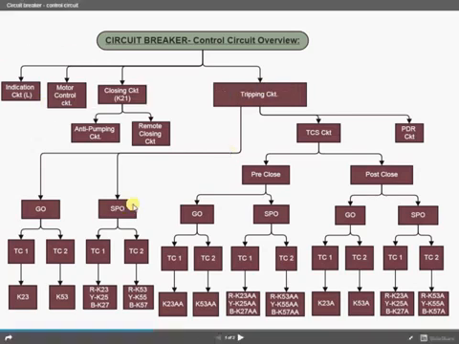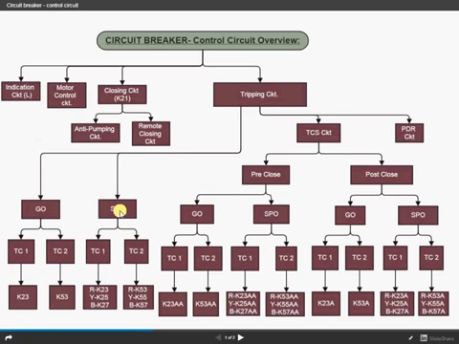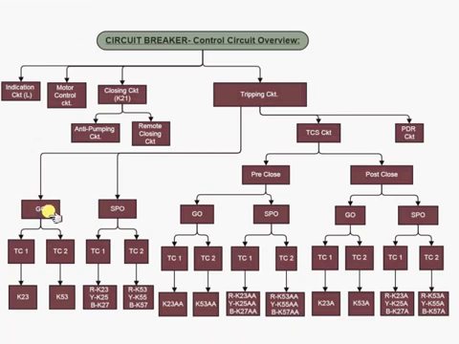In the tripping circuit, we will consider 2 types of breaker. One is the gang operated breaker and the other is the single pole operated breaker. In the gang operated breaker, only one tripping coil is used for all the 3 phases. Okay, so if it is trip coil 1, it is recognized by giving the ferrule K23. If it's trip coil 2, then ferrule K53 is given to it.